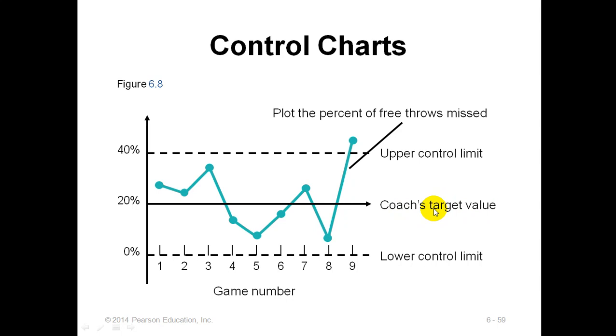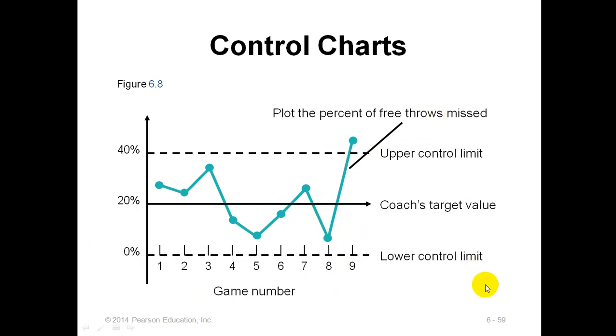This is the coach's target. The coach wanted the player to miss no more than 20%. This is the target, but the player's free throw misses are plotted. In one game he was up to around 29. In the second game he was close to the target. So this is how we can interpret where the issue lies, over the different games, how the player has gone up and down.